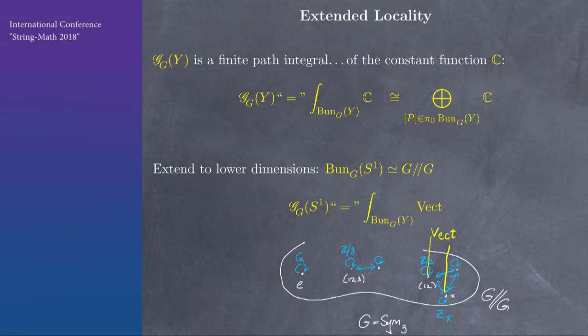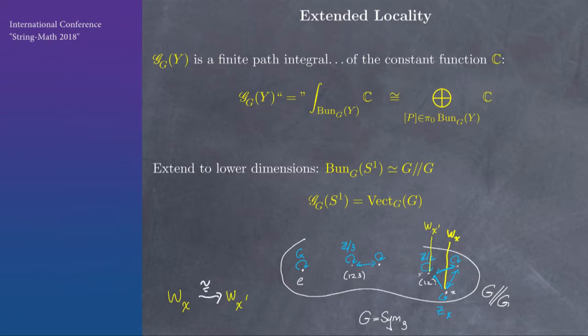And if we want to write an equation about those vector spaces, we have to be in a linear category. And so we sum Vect, or if you like, take invariant sections. And so what we attach to the circle is then a linear category. And it's the category of vector bundles over the groupoid of fields on the circle.